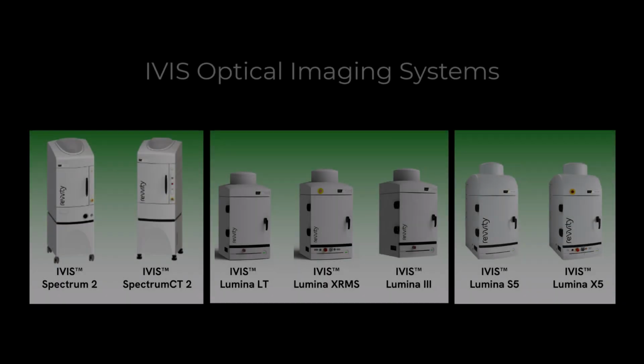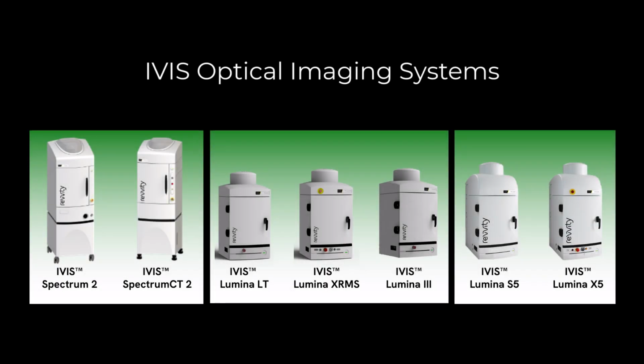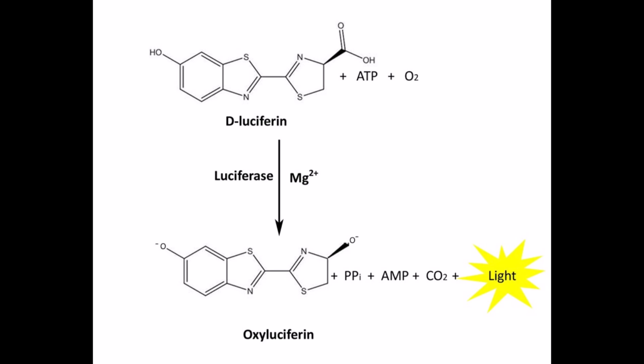In this video, we're going to discuss procedures and considerations for in vitro bioluminescence imaging on the IVUS platform. Production of bioluminescent light occurs when, for instance, firefly luciferase engineered into cells enzymatically catalyzes the chemical degradation of its injected target substrate, D-luciferin, in the presence of ADP and oxygen, thereby serving as an excellent readout of living viable